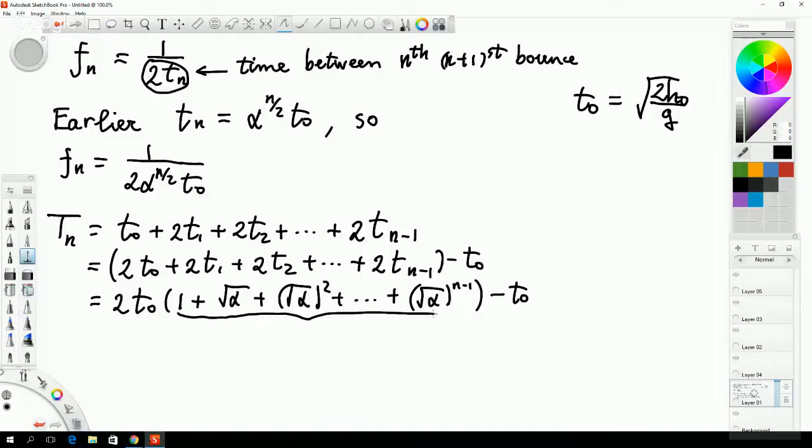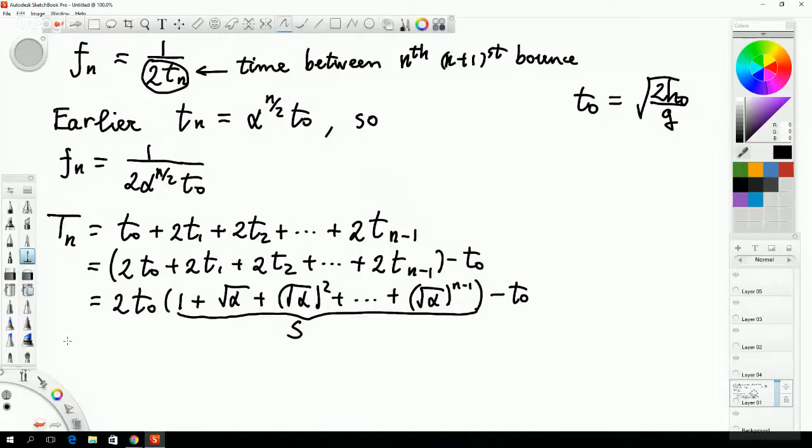You call this guy, let me call it S again and not worry about primes. Let me call this guy S. You write that S equals 1 plus square root of alpha plus square root of alpha squared and so on, except this time it stops, as I said. Then you multiply both sides by alpha. You rearrange things a bit. This time you're not going to just have to subtract a 1, you're also going to have to subtract a square root of alpha to the n. Okay, but other than that, the calculation is exactly identical. Let me write the final result.